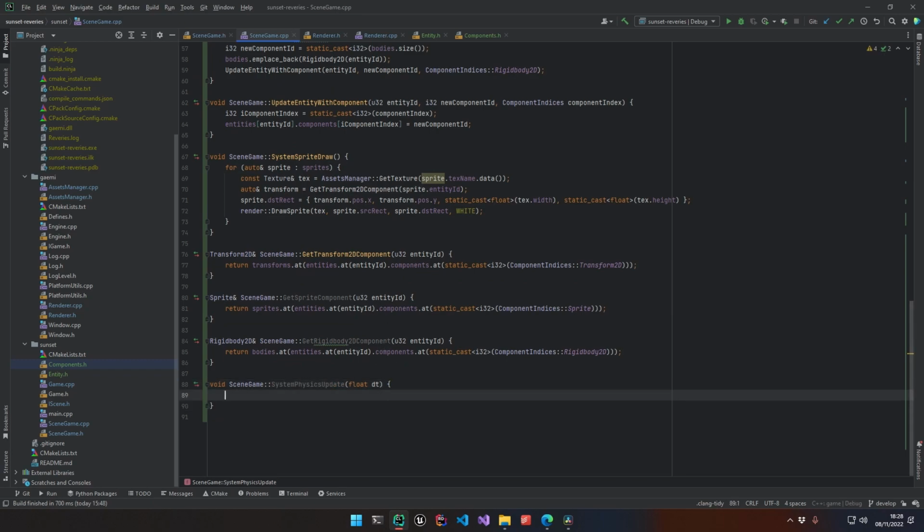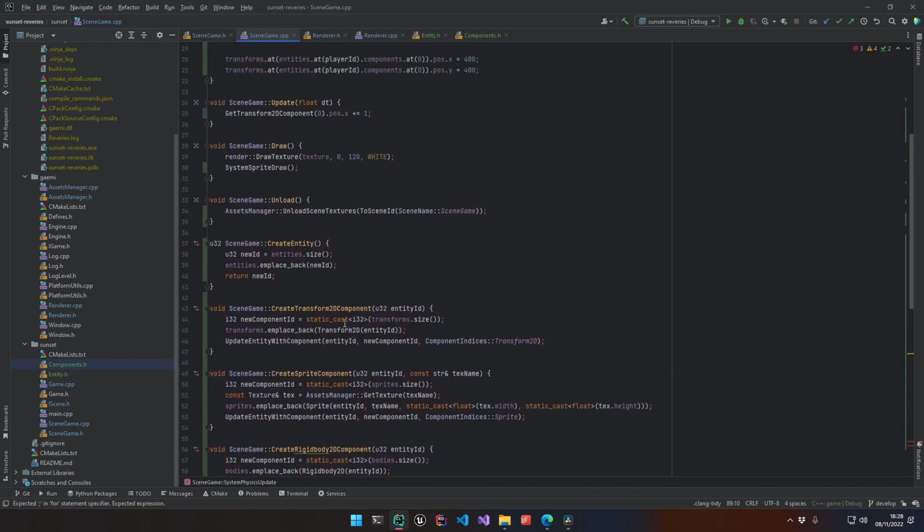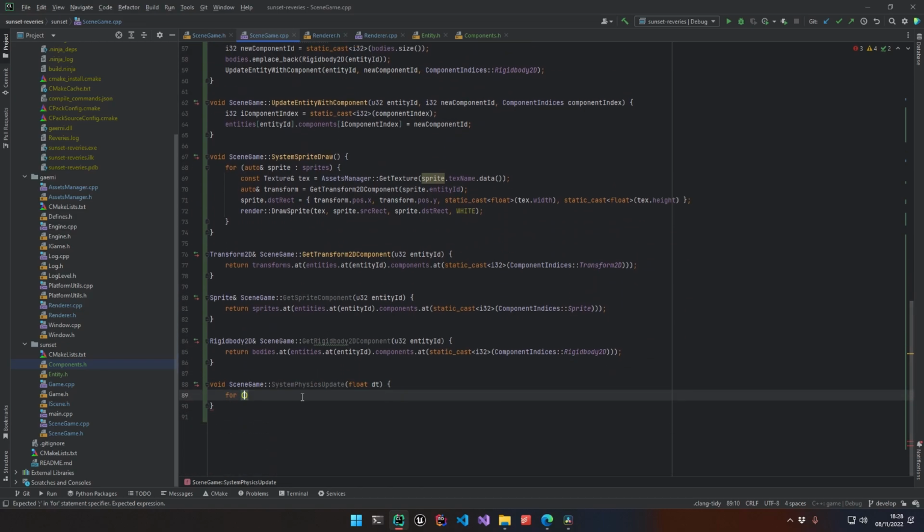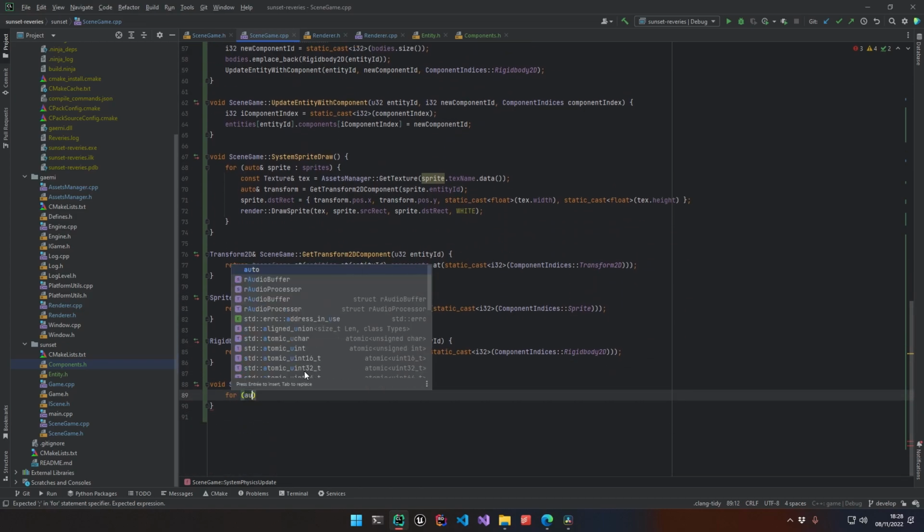Here I will just update the position of any entity with a velocity. So for all bodies in bodies,